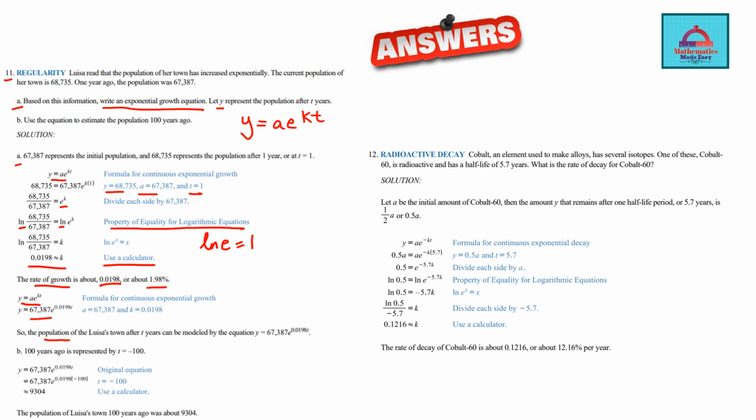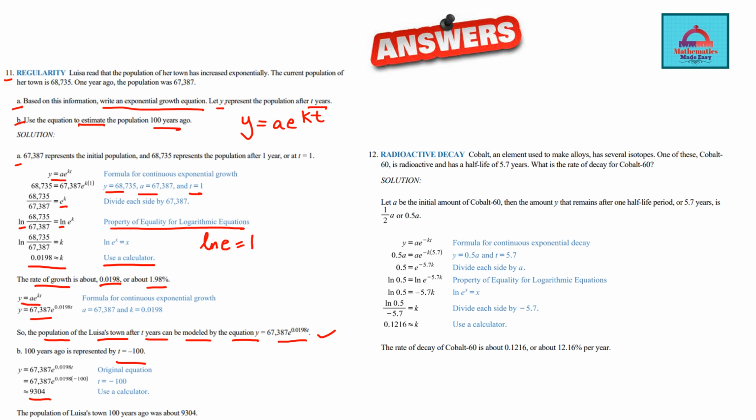So the population of Lucia's town, T years, can be modeled by the equation. Now I didn't put the value of T here because the question says you represent Y as the population after T years. So we just keep it in the same way. Now for part B, we'll do the substitution. Part B says estimate, give an approximate value for 100 years ago. That means now we'll substitute T as 100. So substitute in the equation you got in part A, do the calculation, use a calculator,